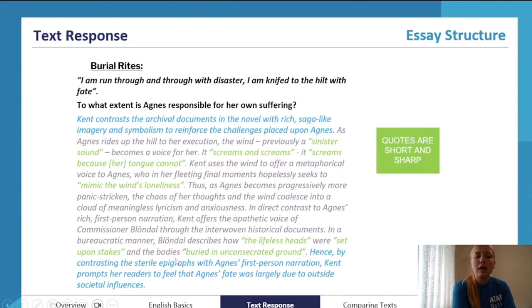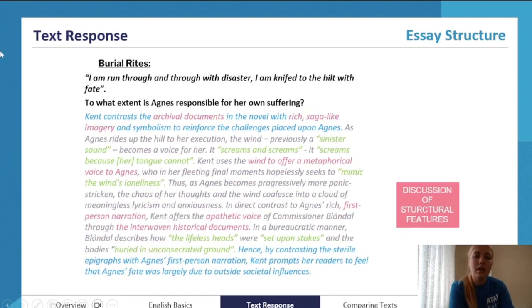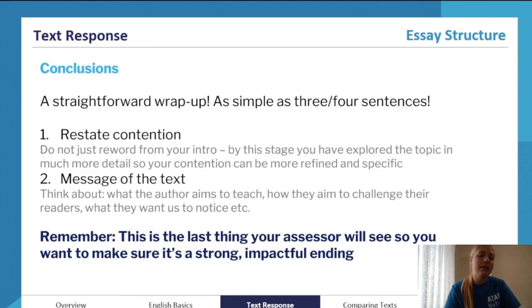Really, there are only two main bits of evidence that were used in this entire paragraph, but because quotes were combined and analyzed together, we satisfy the criteria for quotes and we hit so many points, and we can therefore have more analysis and less time wasted just introducing and explaining evidence. There's also discussion of structural features. There is tons. We see all of the meta language being highlighted here. Feel free to take some of these words if you really like them and put them in your own writing if you think it is relevant to your text.